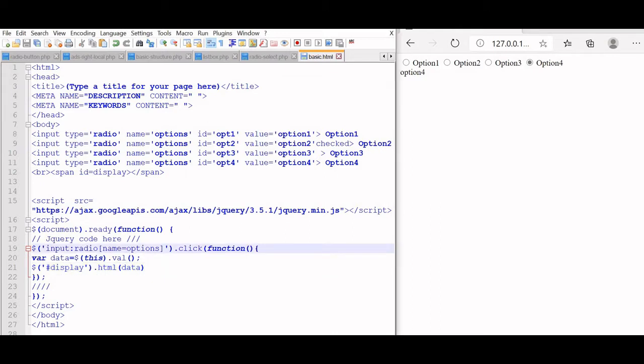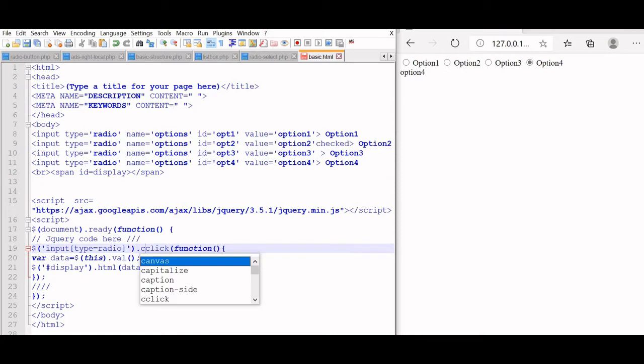Now sometimes we may have multiple groups and we want that same event to be triggered when any of the radio buttons are clicked. So we will slightly change this. Input here we will change, type is equal to radio. So it's a radio button we are using. Input type is equal to radio, and we'll close this and write.